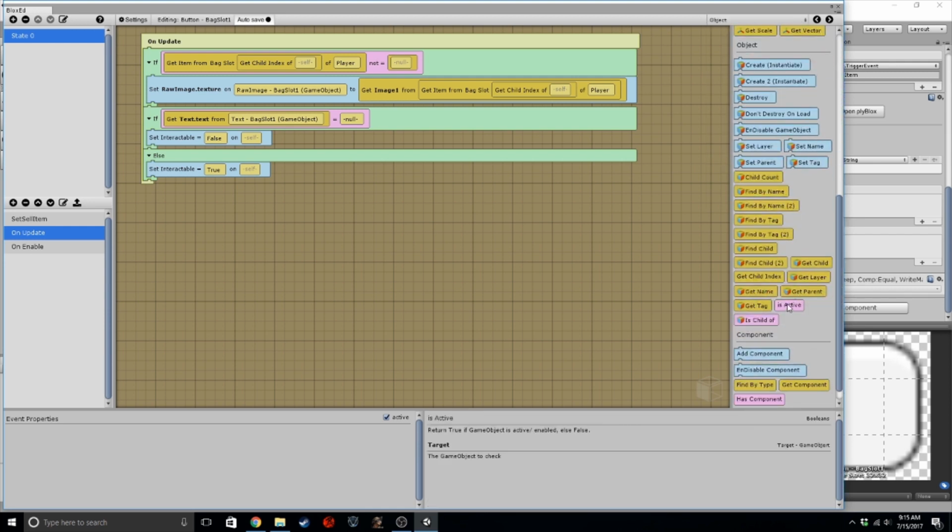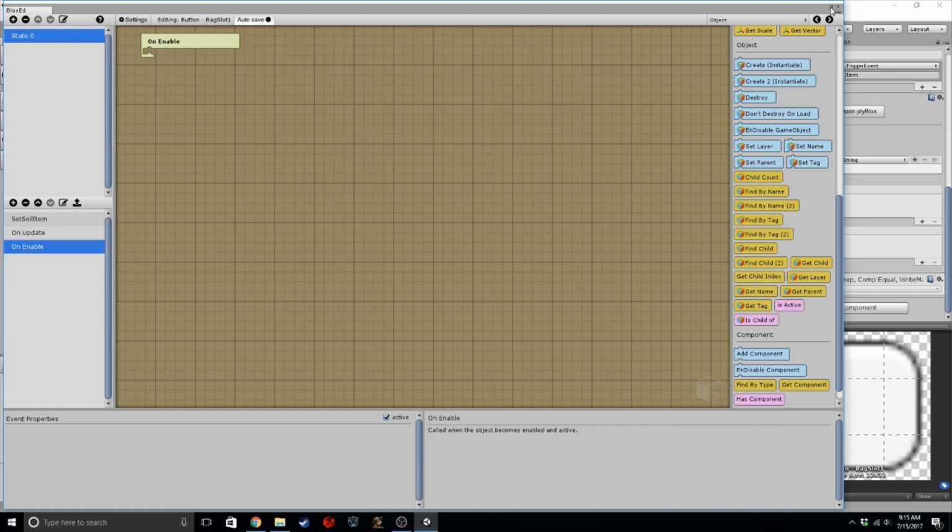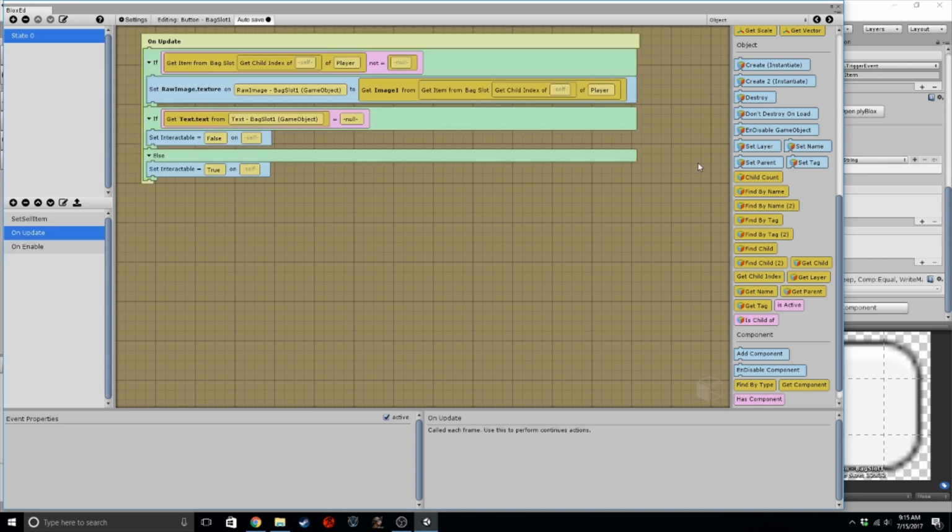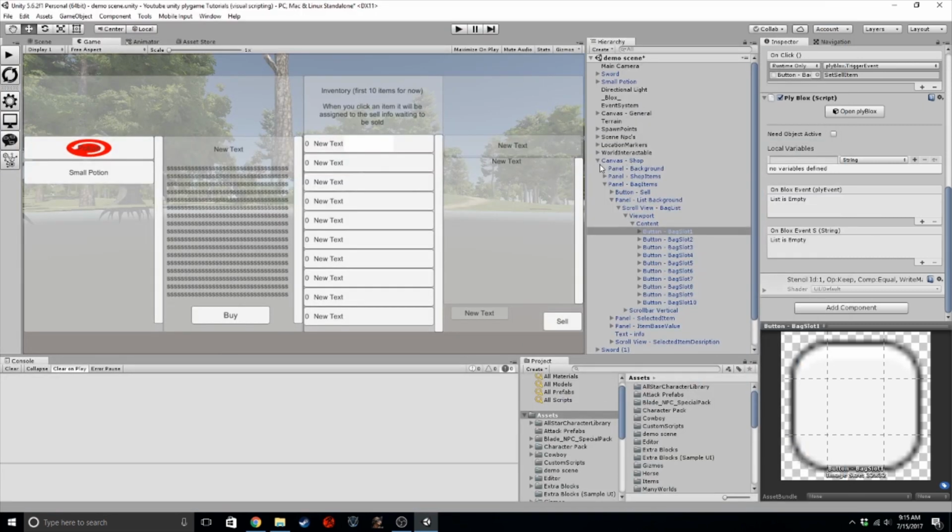Yeah, you'd be wanting to check if the game object is active. So if is active, then you type in the name of the window. The name of the window would be the shop UI, the canvas shop right here. So if canvas shop is enabled,